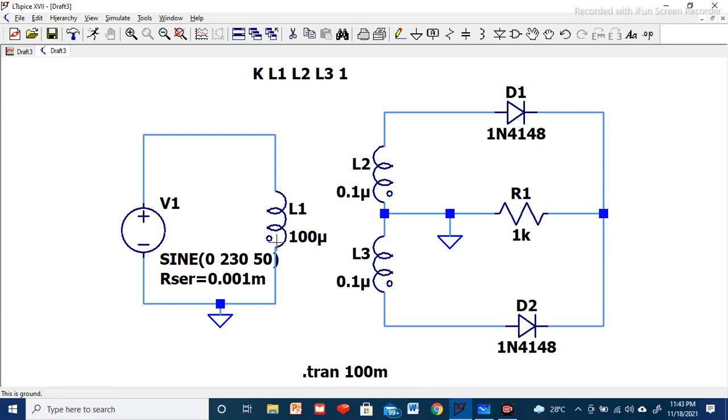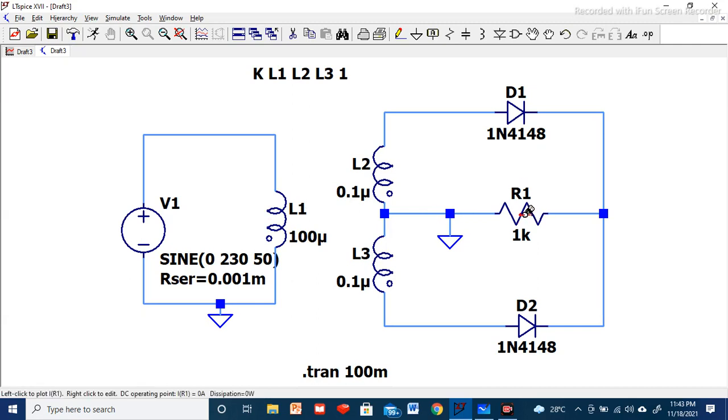seeing these dots. Verify that if your dots are down, all three dots are downside, then you have to write here 1. But if these two dots are upside, by mistake, if you have not done Control E, you have just rotated the inductors and placed here, then your dots will be upside. Then we have to define here -1. Otherwise, we have to define 1 if all the inductors are in the same phase.